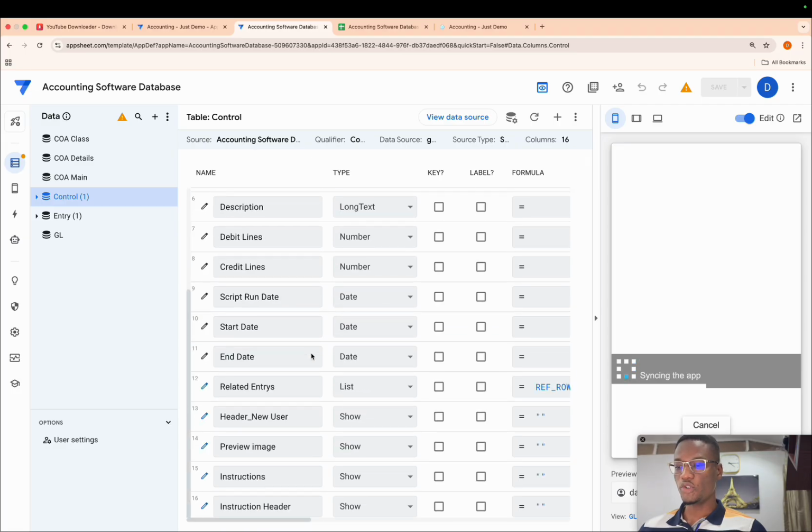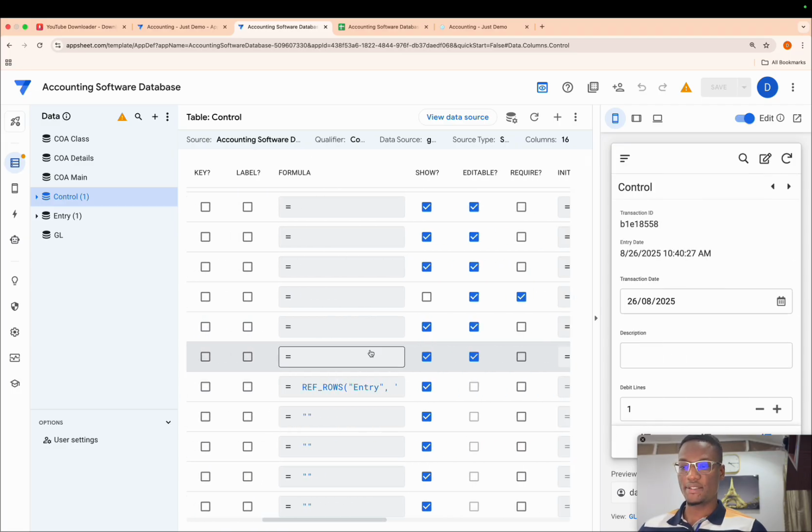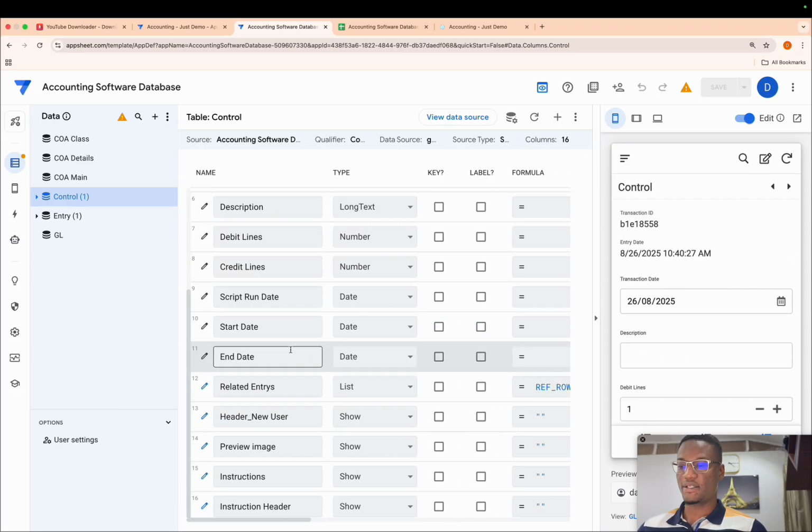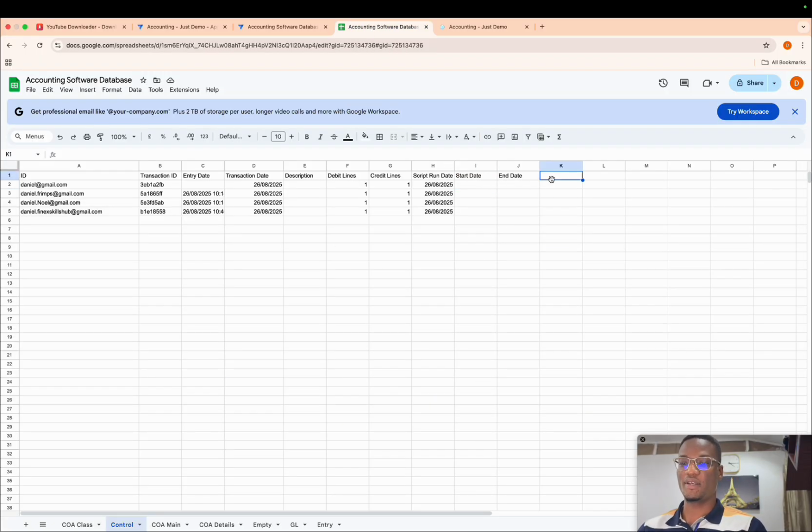Good. So these two are dates, and that's what we have to do over here. Now we're going to go on to build that control sheet, okay? That allows us to select the dates and then select the account. Mentioning account, I just realized that we have to add another column, account. So we'll come here and then we'll add account